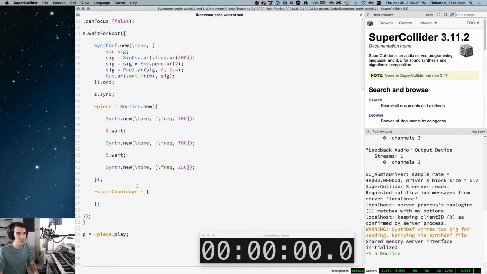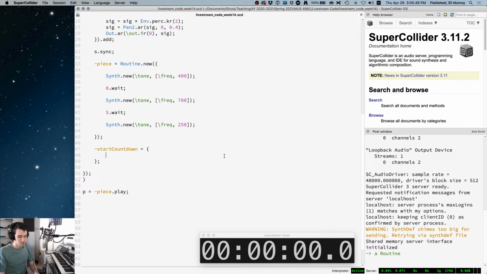It's going to be just a regular function. And so we might ask ourselves, what kinds of things do we want to pass to this function? Certainly we want the amount of time. And we probably could stop there, but I also thought it made sense to